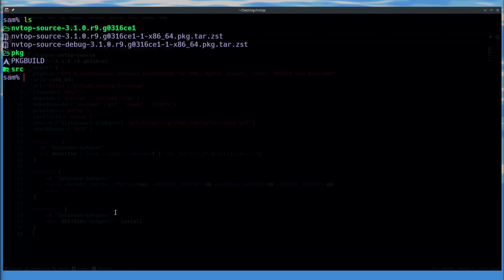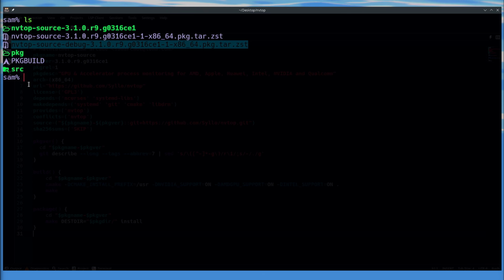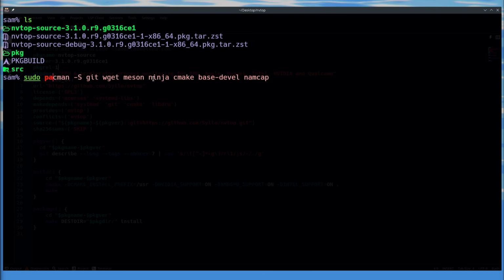And we have successfully built our package. As you can see, our package is now ready to be installed on our system. Simply type pacman -Qip, then your package name to see the detail of your package.